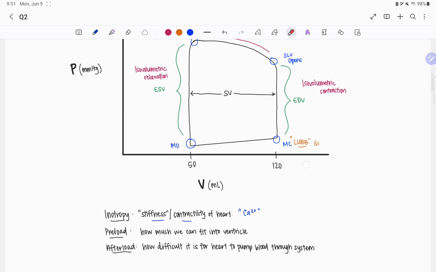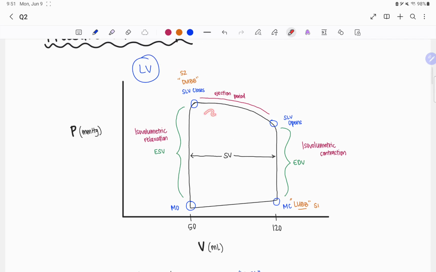Okay? So now we're going to talk about preload, which is how much we can fit into the ventricle. So if we're dealing with just this normal one, then preload could go clear out here to maybe, I'll say 140 milliliters, right? And then everything else would be about the same. Okay, and this would deal with preload, which means our ventricle is stretching more,